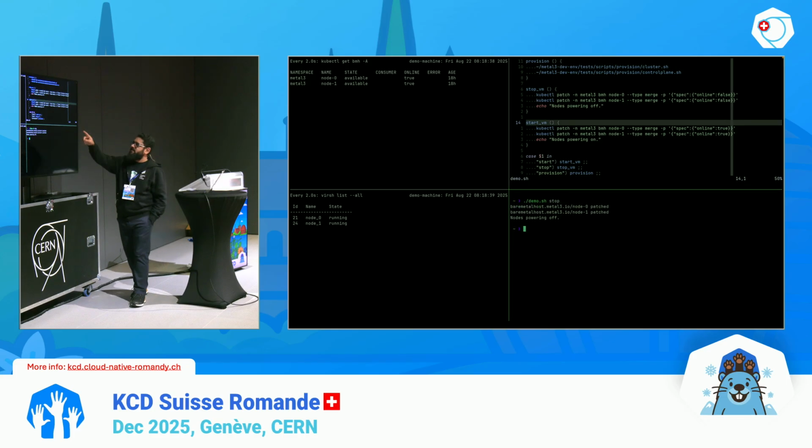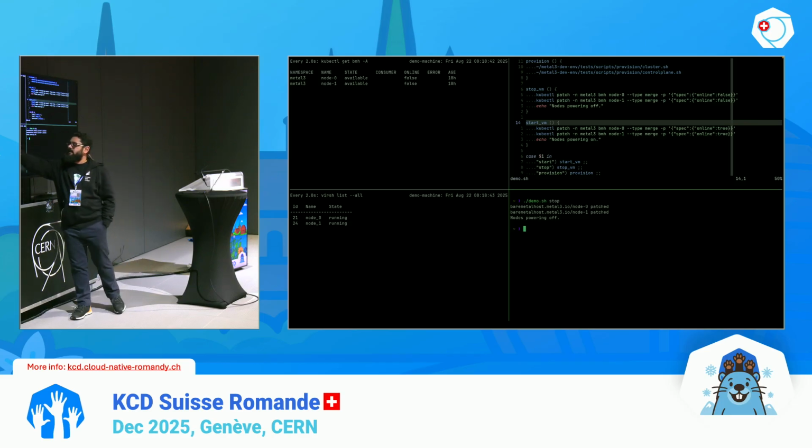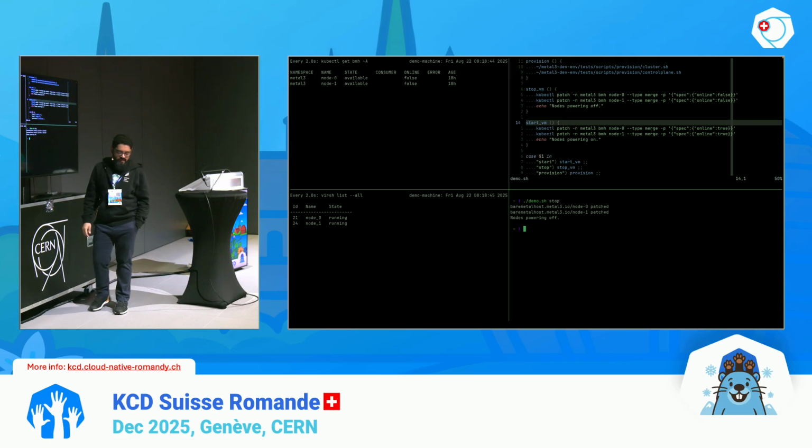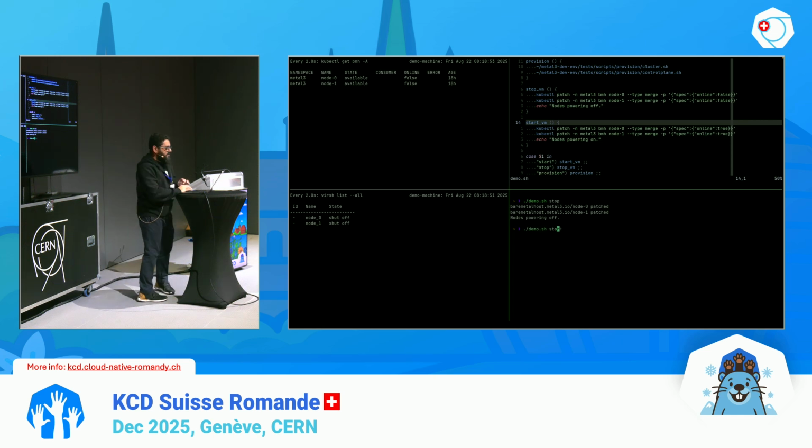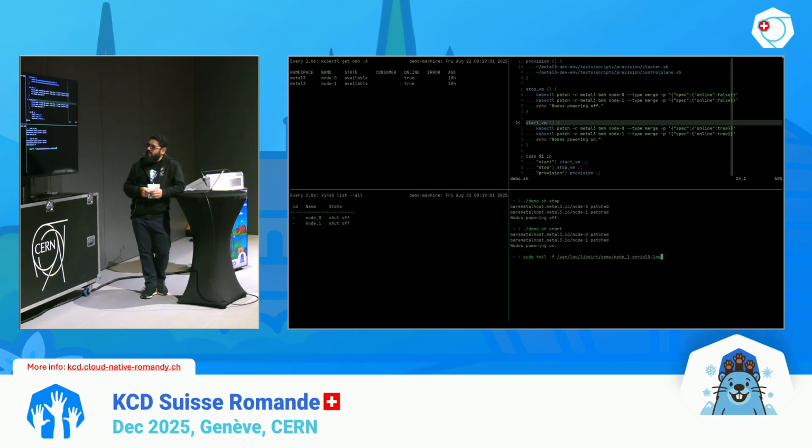The stop will patch, and you will see a change in the online spec to false, and then that will make sure, through VBMC and the Sushy tool, that the VMs here are also shut off. And then you will see the same when we patch online to true. So the Bare Metal Operator is reconciling those objects, and the VMs are coming back.